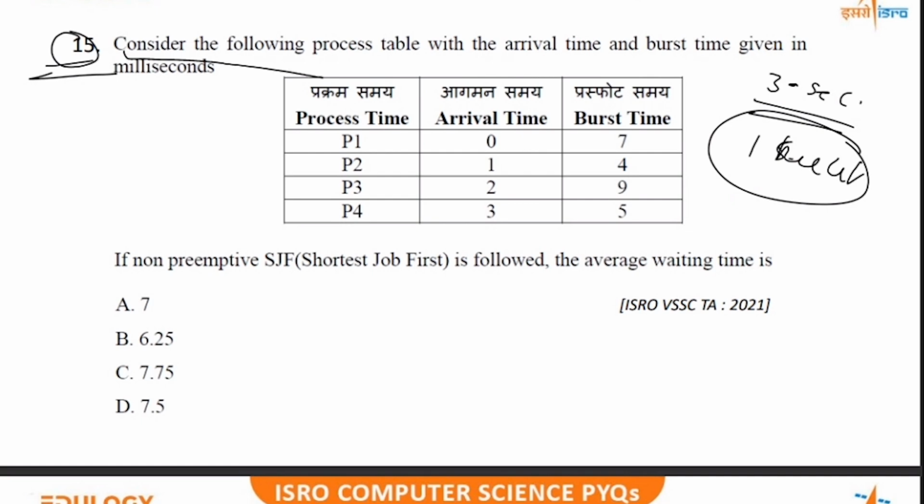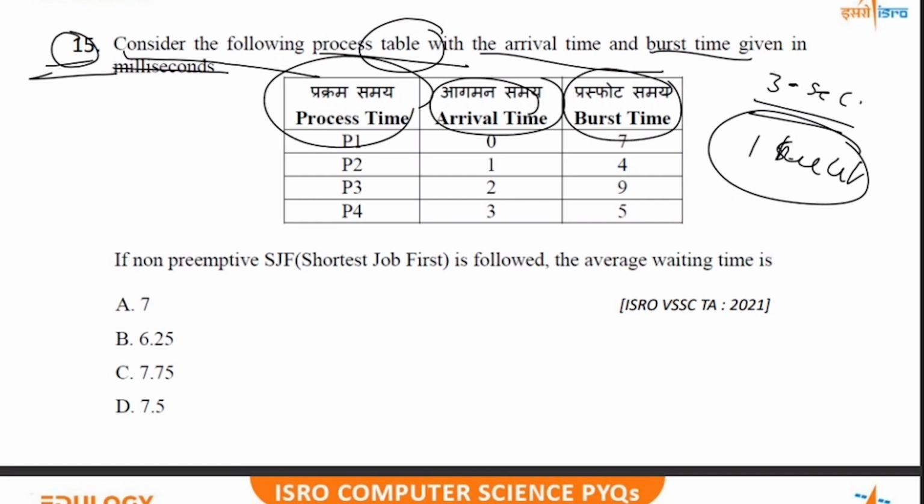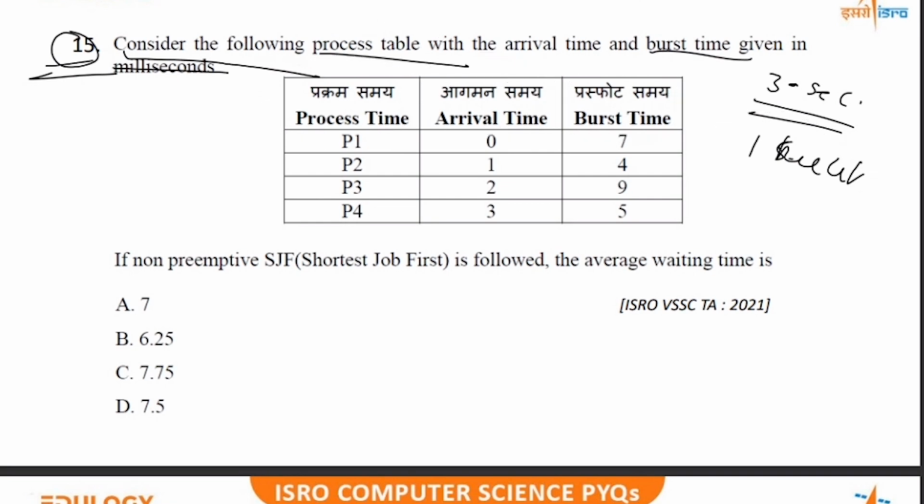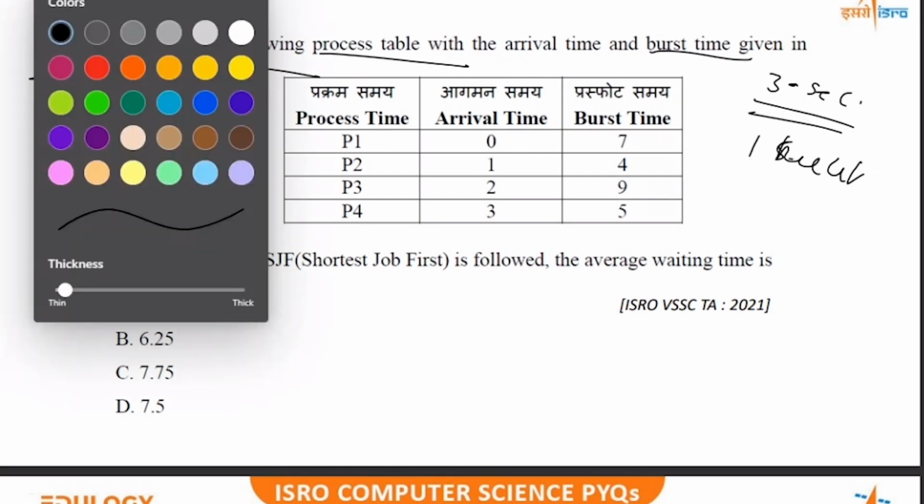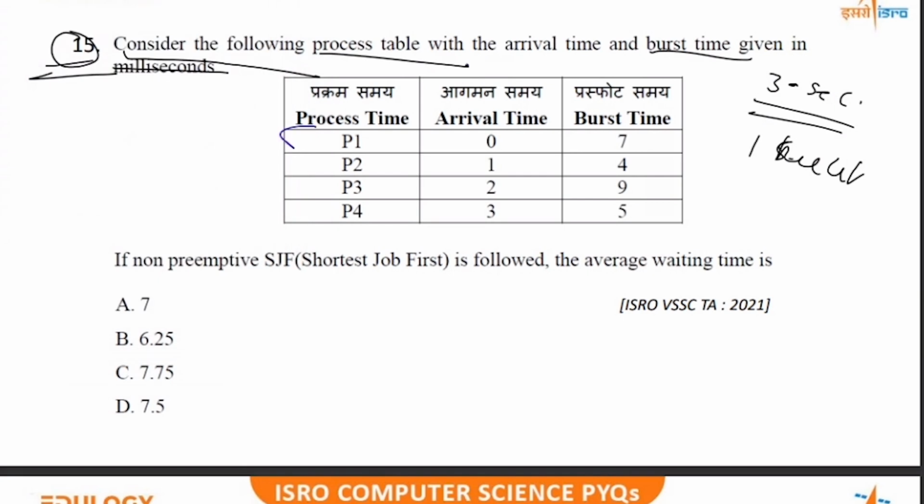See, consider the following process table with the arrival time and burst time given in milliseconds. Okay. This is your arrival time, this is your burst time, and this is your process ID simply. See over here, there are 4 processes. These are the arrival times of the processes, and these are the burst times of the processes. Okay. What they are saying is if a non-preemptive SJF